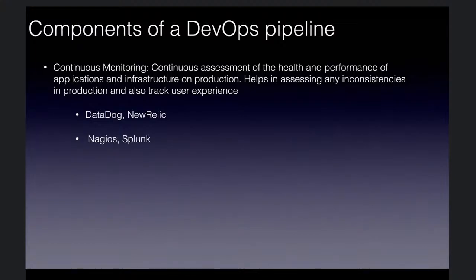And you can even also assess how your users are doing. There are monitoring tools that help you assess, oh, 90% of my users are using my app well, while 10% are suffering, stuff like that. You get all this feedback and then throw it back in real time, very quick. Application monitoring tools that are pretty common are like Datadog, New Relic. And then you can have infrastructure monitoring tools like Nagios and Splunk. Splunk is mainly for security.